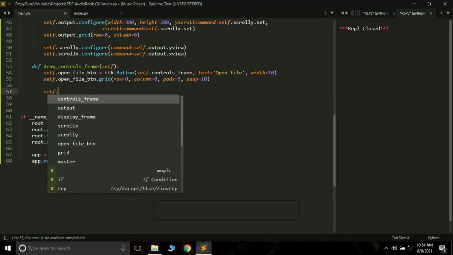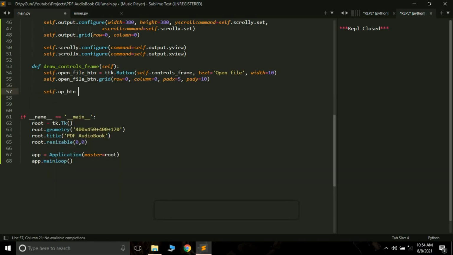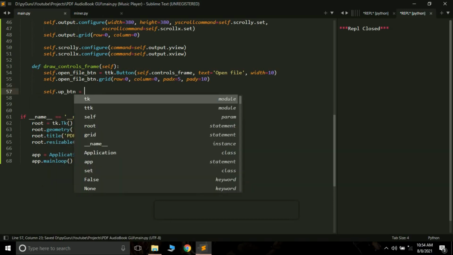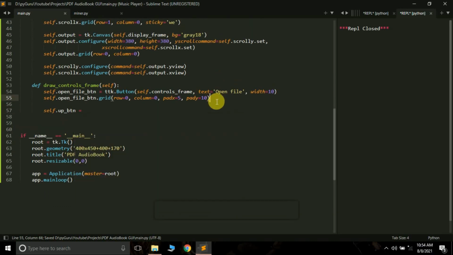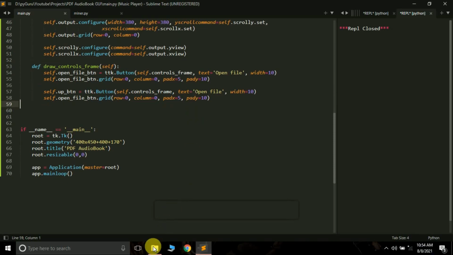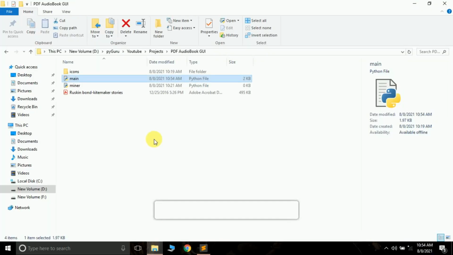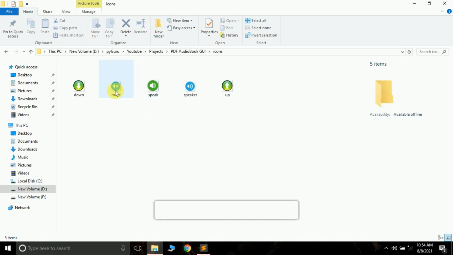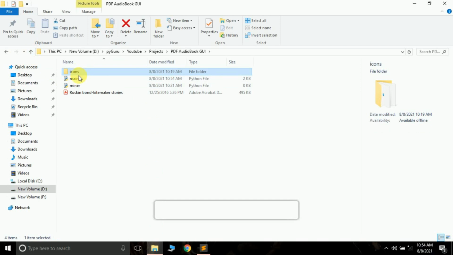So self.up_button. You can give your buttons any name. I am using up_button, and let me just copy it and paste it here. So ttk.Button, parent will be self.controls_frame. Instead of text I'm going to pass the image here. In the folder, or when you download the source code for this file, you will see there are a few icons here, so you have to put all these icons inside the icons folder.